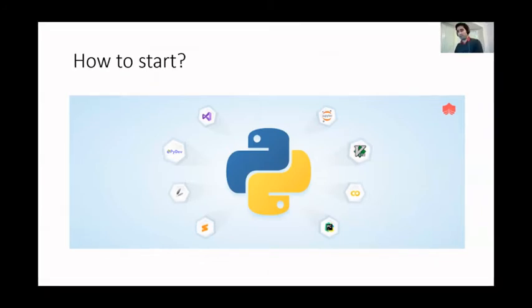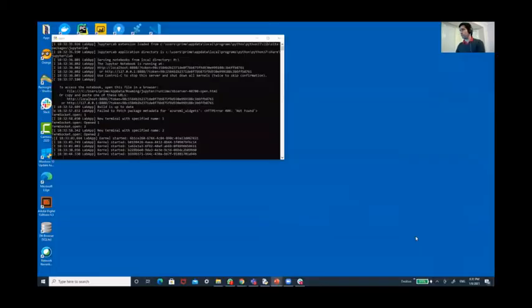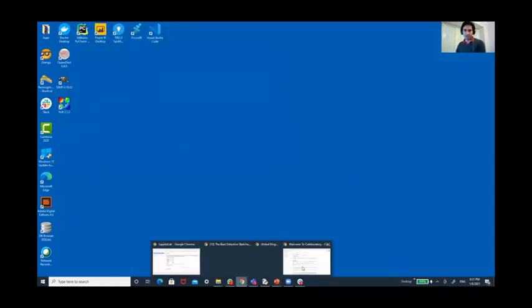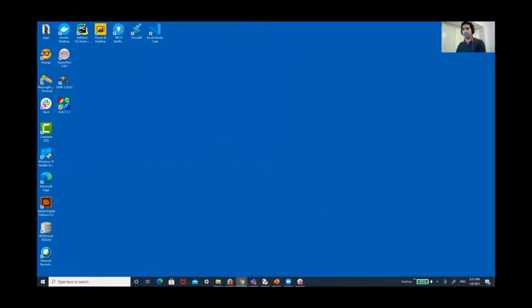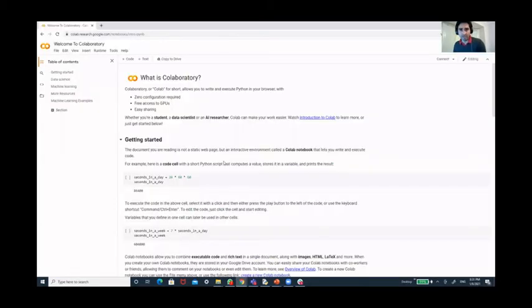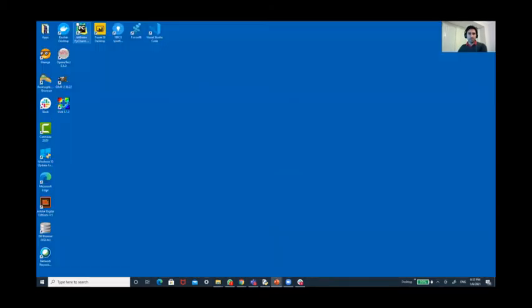But to start with, we're going to use Google Colab. It's not my tool of choice to program, but let me start from scratch, and I want everyone to do something today in Python.